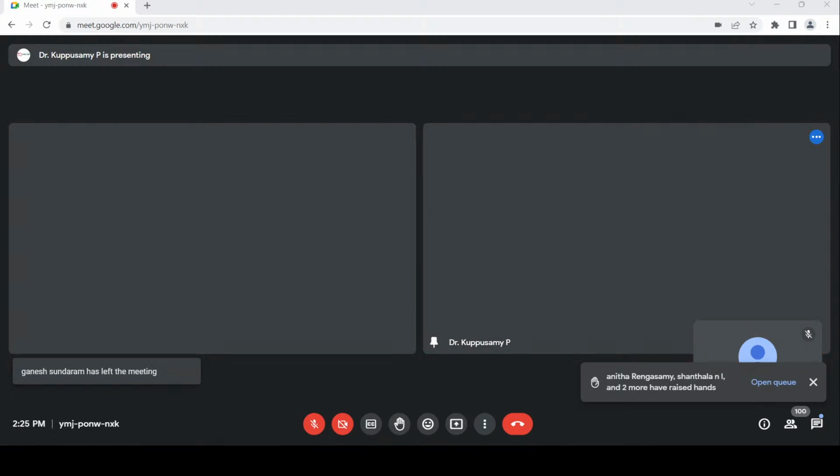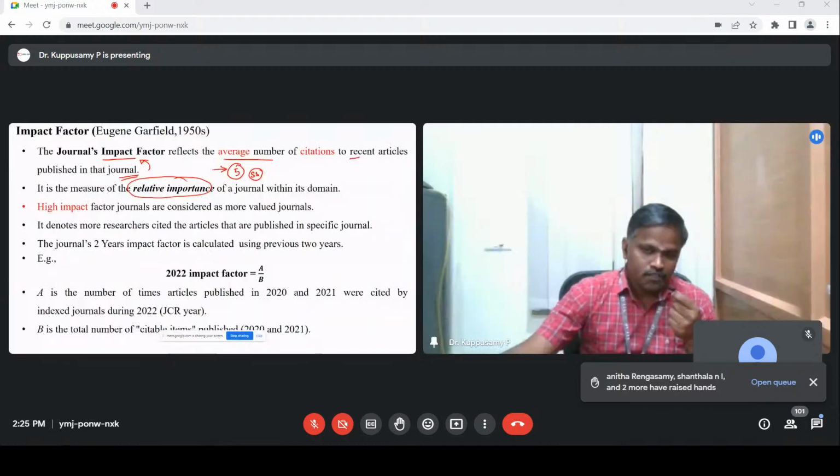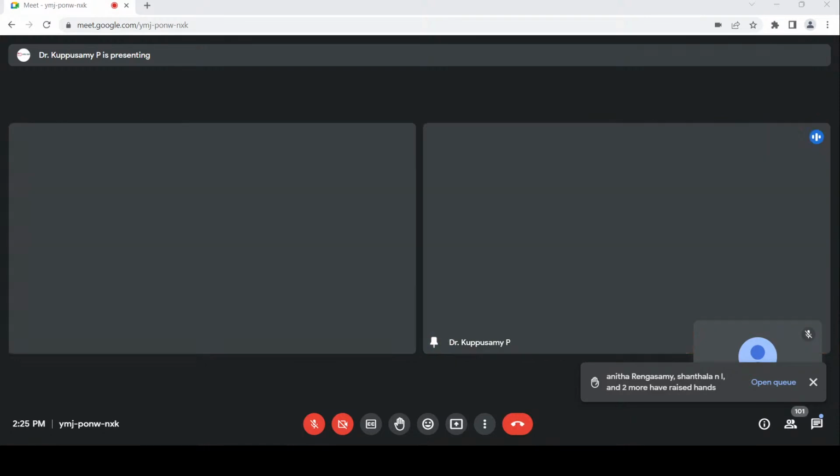liked by more people who are publishing research articles in the social science domain. Among these 5 journals, which is more liked by the people, has more articles being published, and is referred to by more people throughout the world. Based upon the number of citations in the past years, they calculate the impact factor. So high impact factor journals will be considered by most research scholars and faculty,